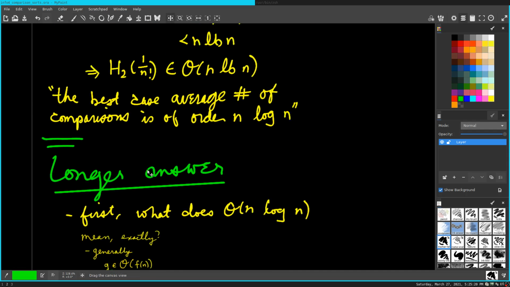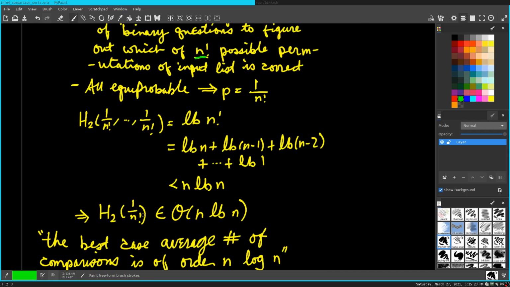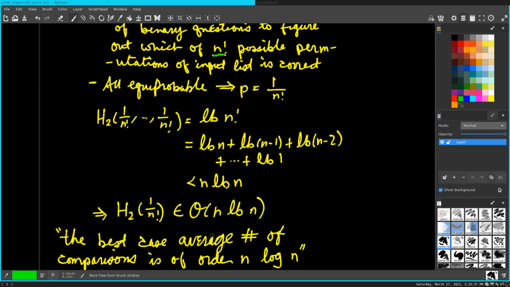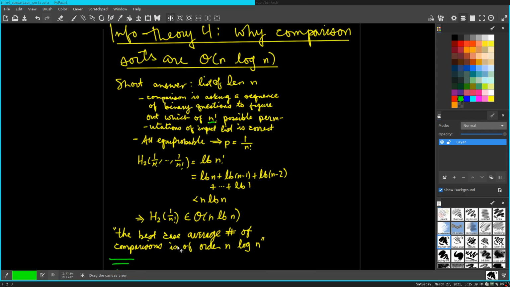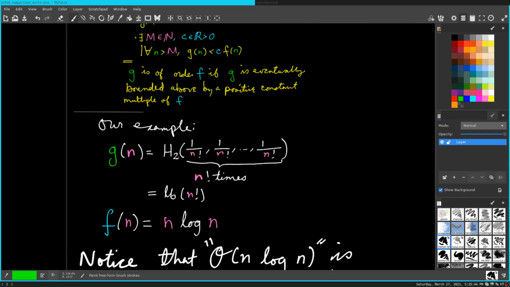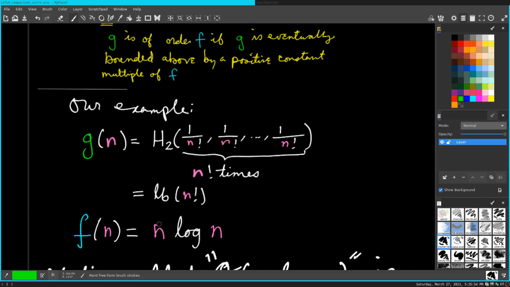So that's what we showed here, which is that binary entropy is bounded above by a constant positive multiple of n log n. Note that every logarithm base, so log base 2, is a constant multiple away from log base e. That's just the properties of logs, and I will show exactly what I mean by that in a minute. Again, in our example, g of n is the binary entropy of the uniform distribution on 1 over n factorial,